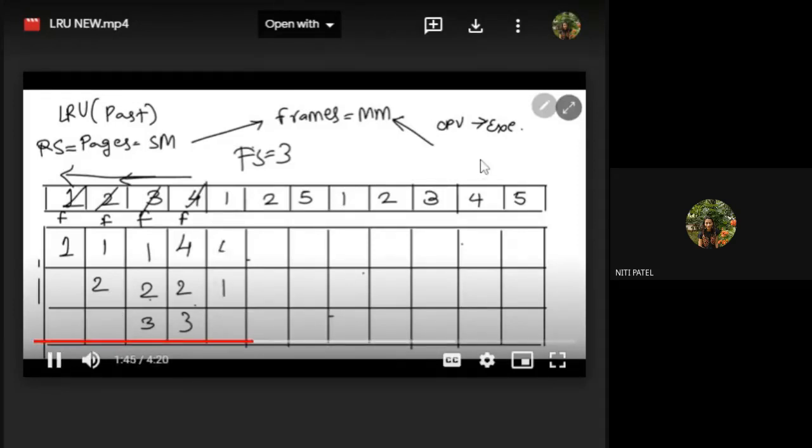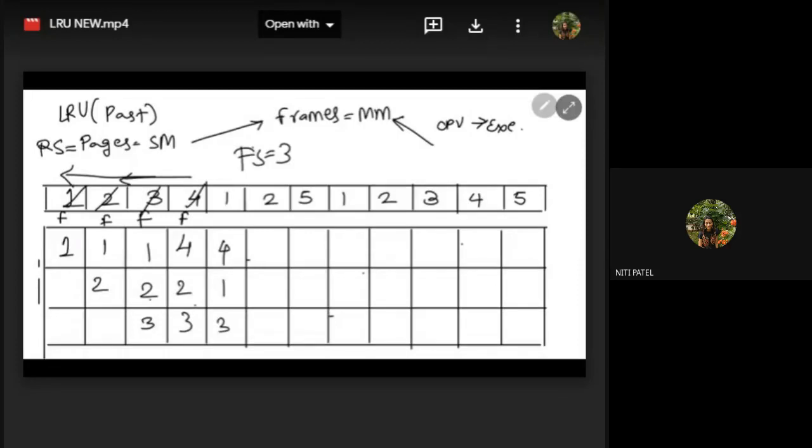Used, so replace 2 with 1 and make 4 and 3 copied as it is with a page fault. Now to load 2, again go back from 3, 4 and 1, whichever is least recently used, that is 3, replace 3 with 2, copy 4 and 1 as it is with a page fault. Now to replace 5, again go 3 pages back and check which is least recently used out of 4, 1 and 2. Since 4 is least recently used, so replace 4 with 5 and copy 1 and 2 as it is with a page fault.